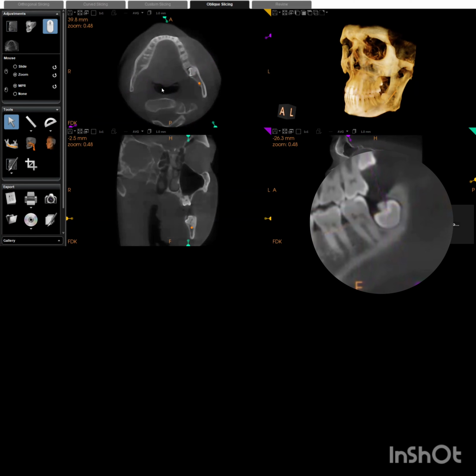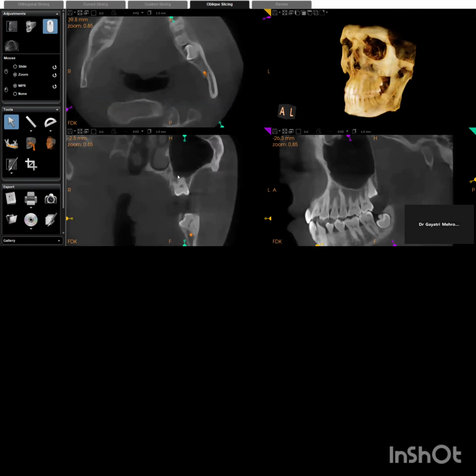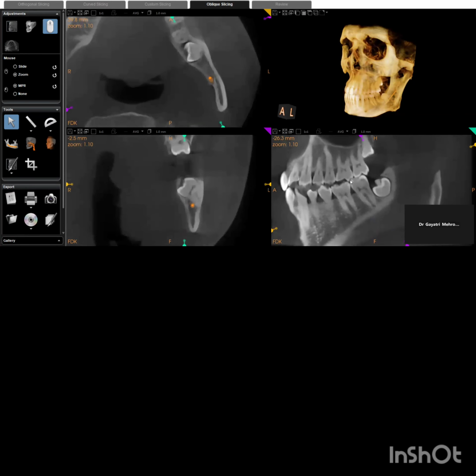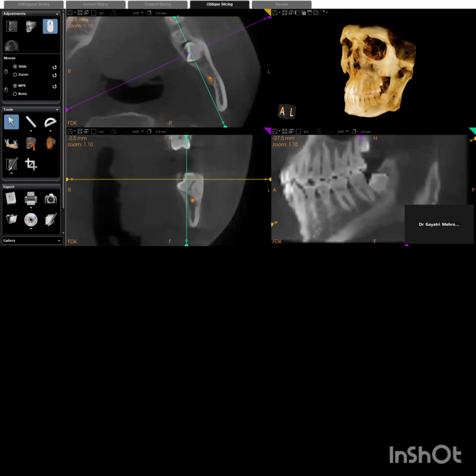If you want to have better visibility, for that I'm zooming it. A little bit more, and here I have my tooth. And again, then click on the slide. Because if I leave it on the zoom option, whenever I move my cursor, it's going to just zoom in and zoom out. In spite of moving it front and back or left and right, it will just zoom in and zoom out. Now we have our tooth, that is 3/8.